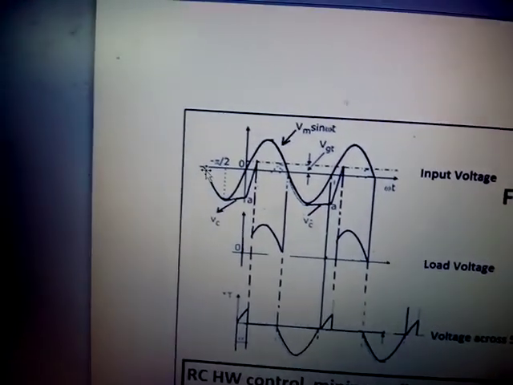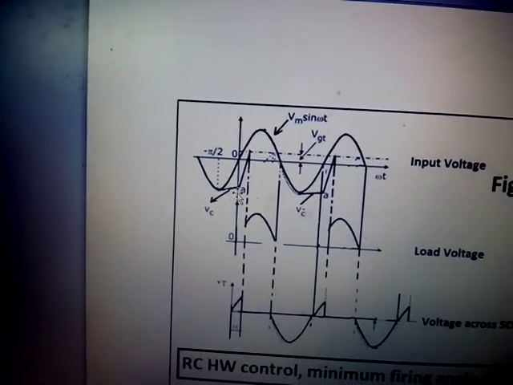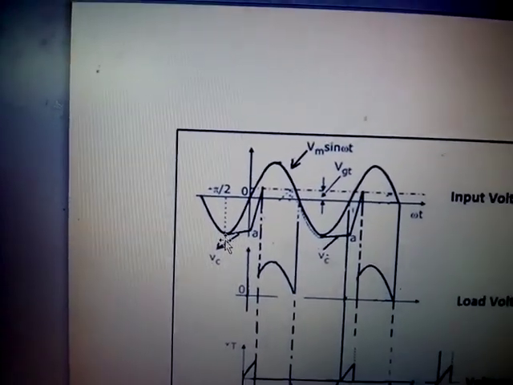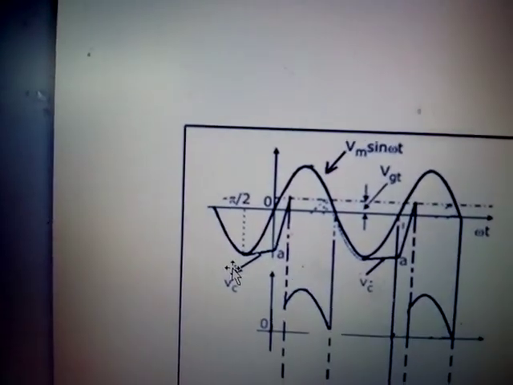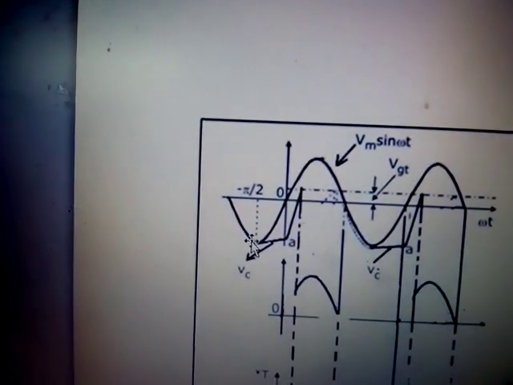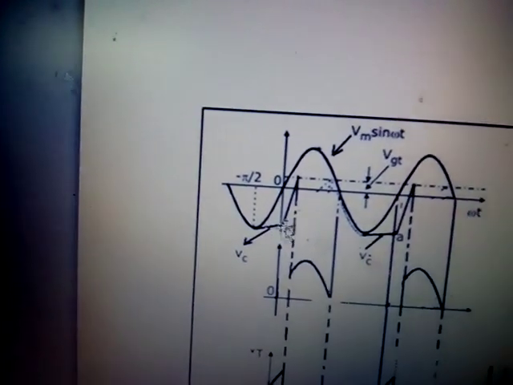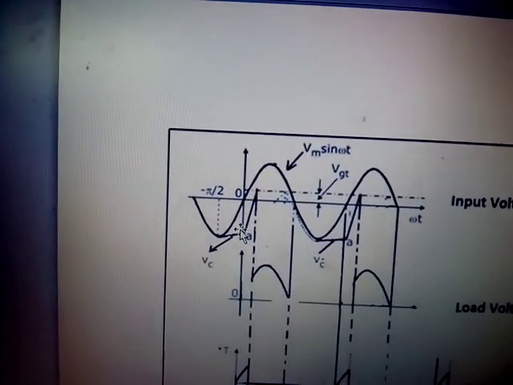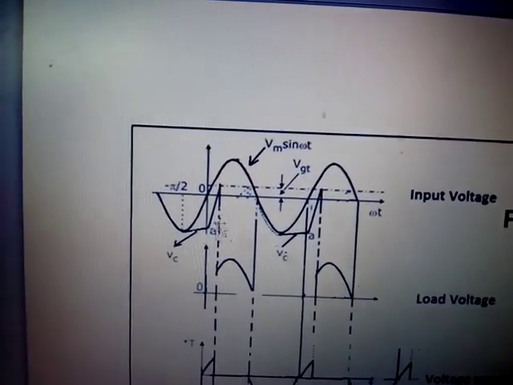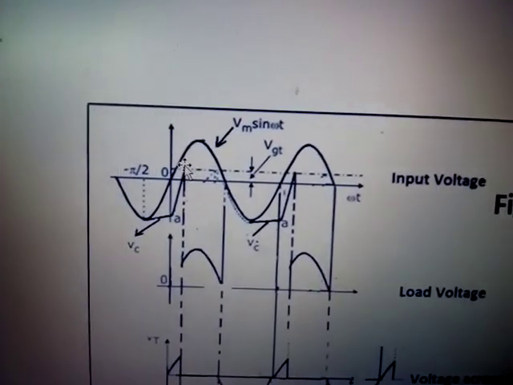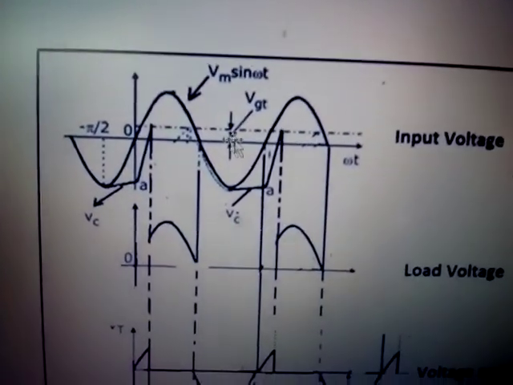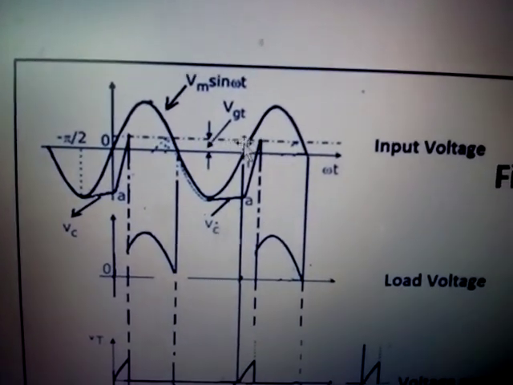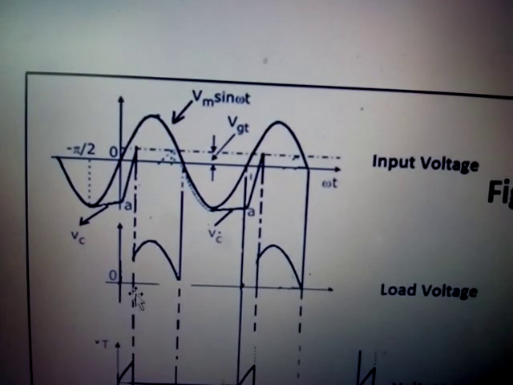During the previous negative half cycle, capacitor has charged to the negative peak and then retains it as it is. A small leakage current will be there. That is why there is a slight slope here. Then if R is less in the positive half cycle, capacitor will discharge here and reach the minimum value of gate current. VGT is the minimum value of gate current required for SCR to fire. So SCR will conduct here itself.